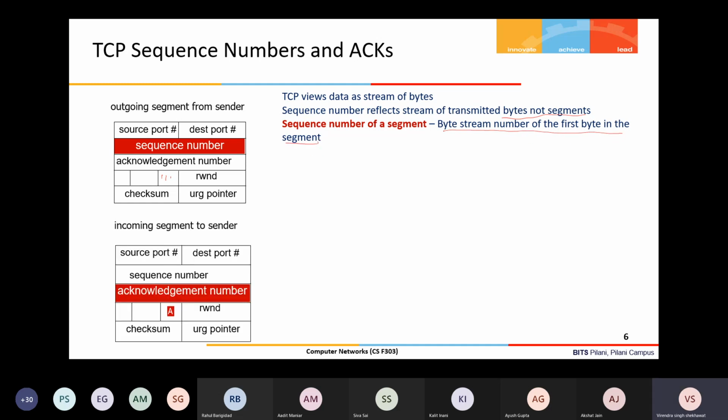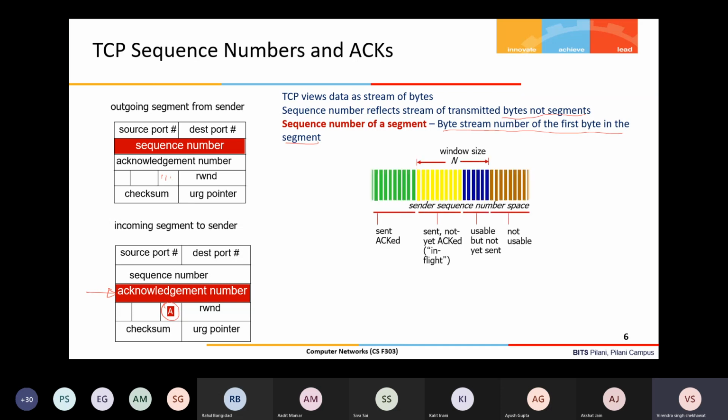The corresponding acknowledgement has the acknowledgement flag set, and the acknowledgement number will be processed by the receiver, and based on that it will figure out whether the bytes have been received, or which byte it is acknowledging.